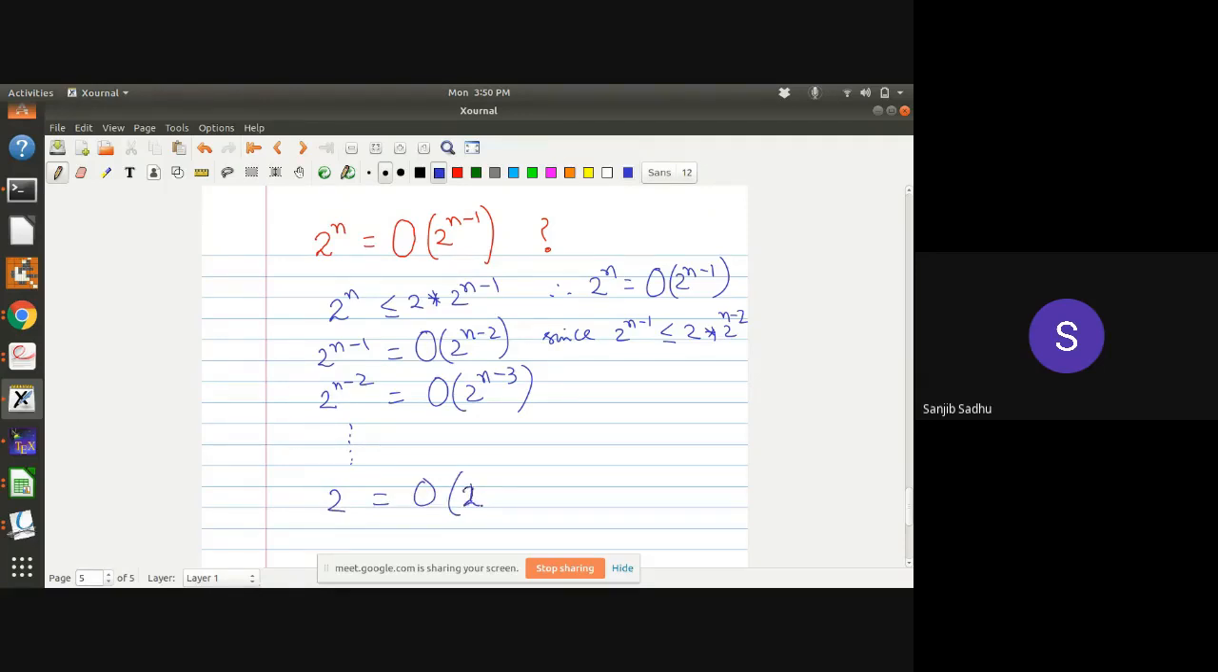You see, this portion is 2 to the power 1, means 2. So this is 2 to the power 0, means 1. Clear? Now if I apply the rule of transitivity, from this, if you apply the rule of transitivity,